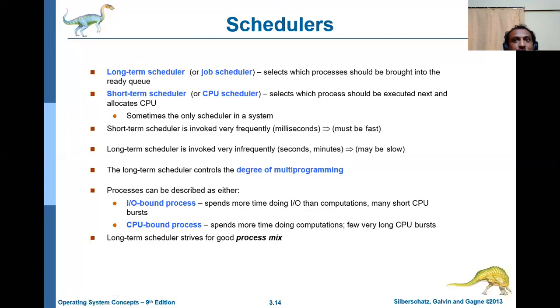Now, if we come to the schedulings, we have many types of scheduling. We have first come first serve. We have shortest job first, shortest duration first. Like this, we have many things, and we'll come across those. All these processes are going to be classified into two different categories.